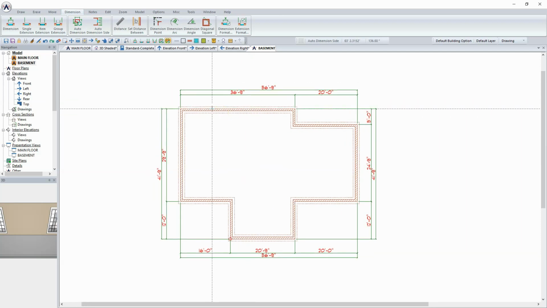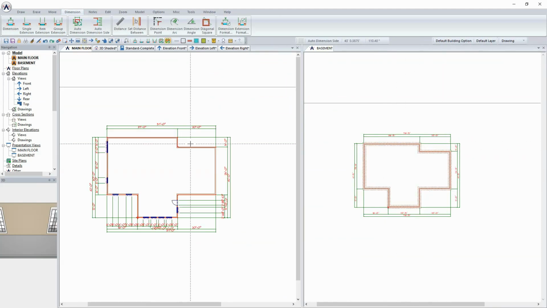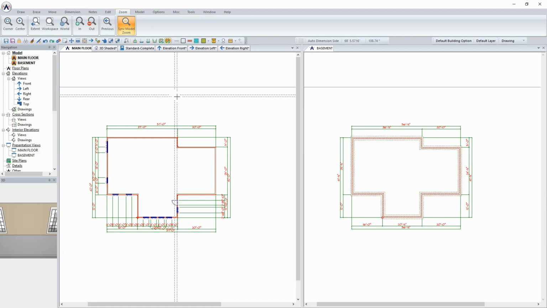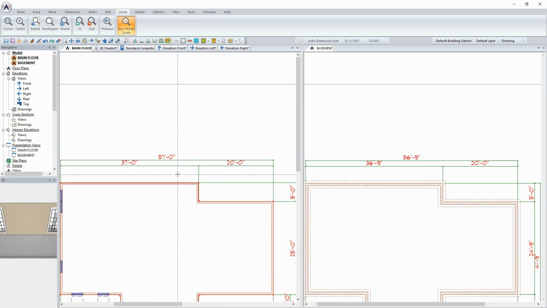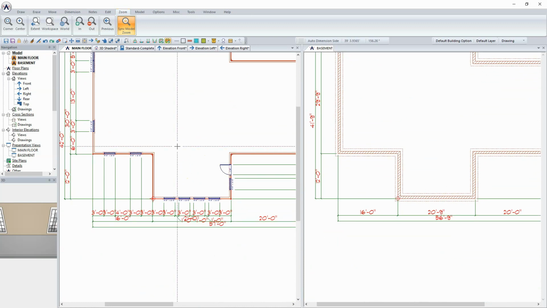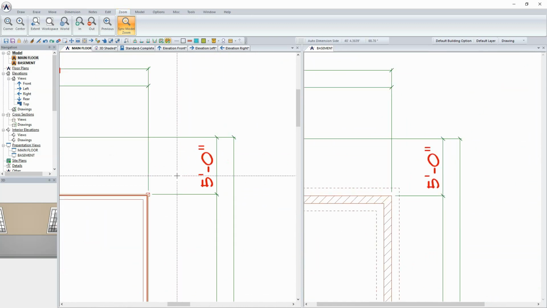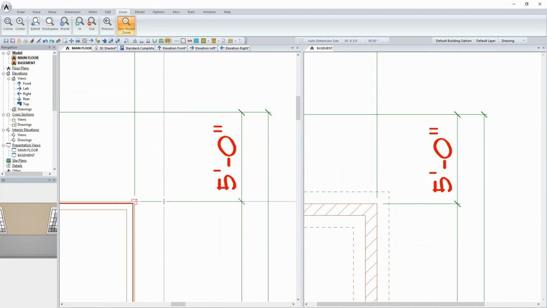Now, interesting, if you were to come in here at this stage, let's just split this out into a vertical tab group. So we're going to have the basement over here and the main floor plan over here, and I have them stacked in the model here. So now what I could do is select Zoom and sync Model Zoom. And with that synced, I can actually go through and check the dimensions to make sure that those are accurate, keeping in mind that these dimensions are actually going to be pulling